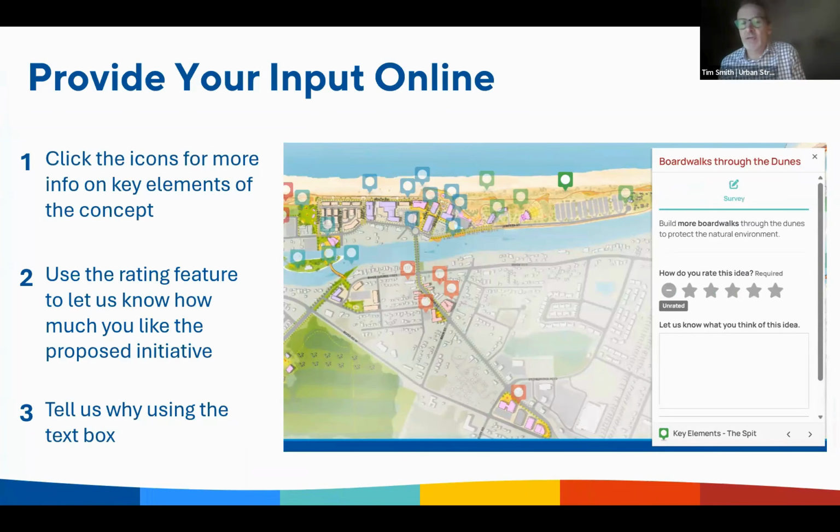This presentation is going to be posted on the project website, and I'll show you an address and a QR code if you want to access that. So you have an opportunity to review this presentation again at your leisure. And we'd really encourage you and your friends and neighbors to go online, and you'll find a link there to